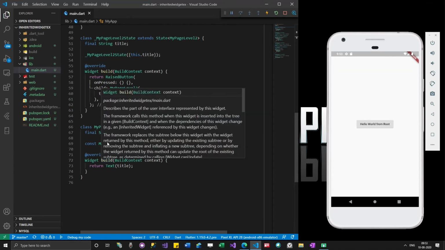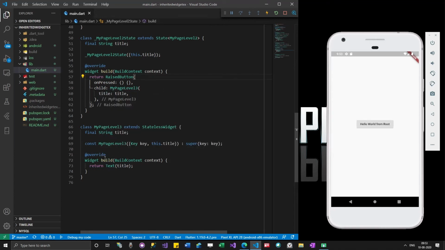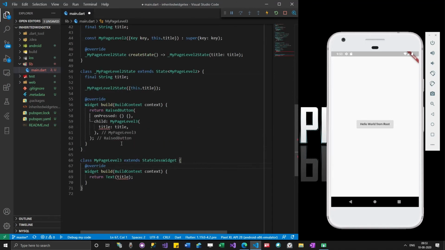So instead of this, what we could try to do is solve this problem using inherited widgets. Let me remove this.